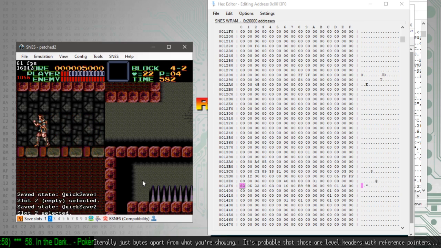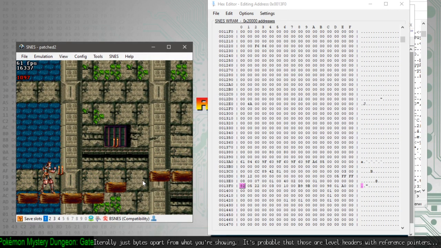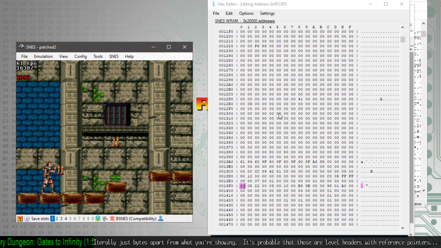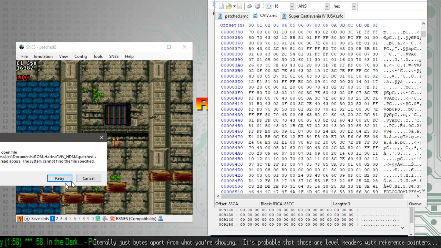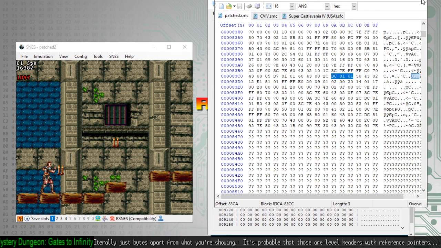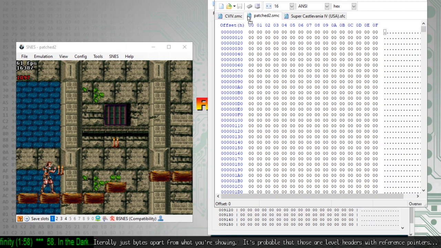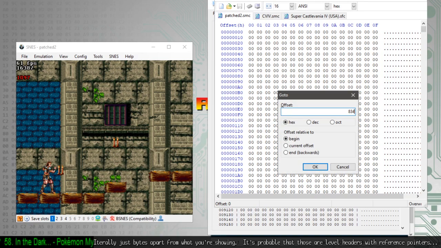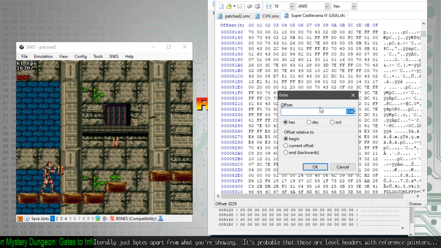Okay, save states. There we go, that looks better. Now I need to copy all the tables again. Why did it just say it can't find it? Oh, because it's patch 2 now. Two. This one doesn't have header, so